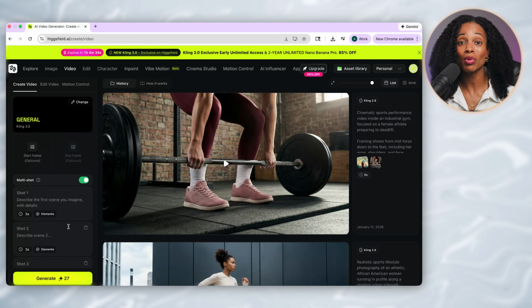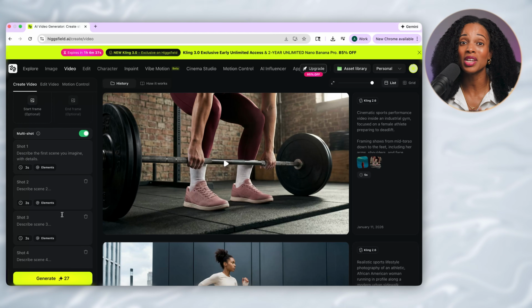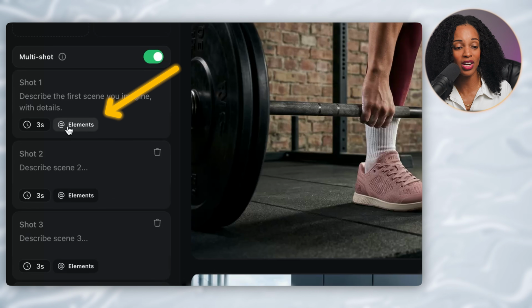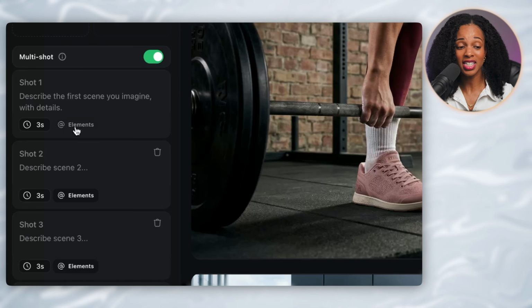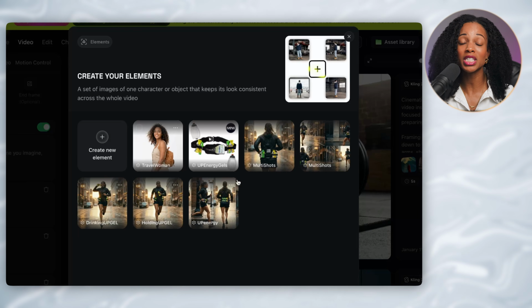All right, now let's flip the energy completely. We're going to create a high-energy athletic commercial for an electrolyte brand called Up. The kind of ad that makes you want to get up off the couch and go for a run. For this example, I want to show you what makes Kling 3.0 unique, which is this small tab over here called Elements. Now, if we click into here, you can see that there's a couple of elements that I've already